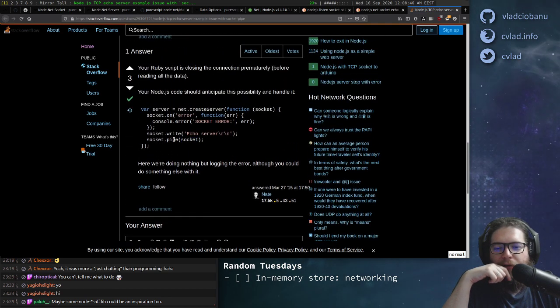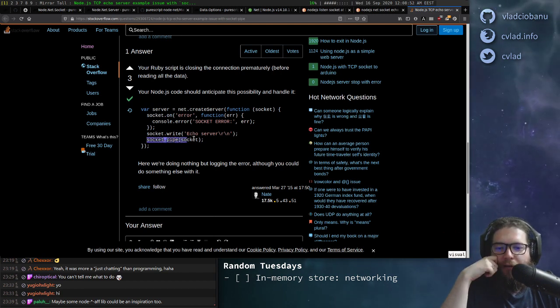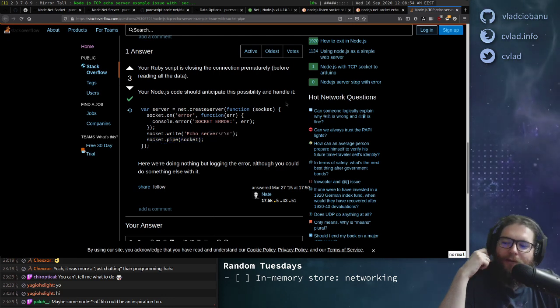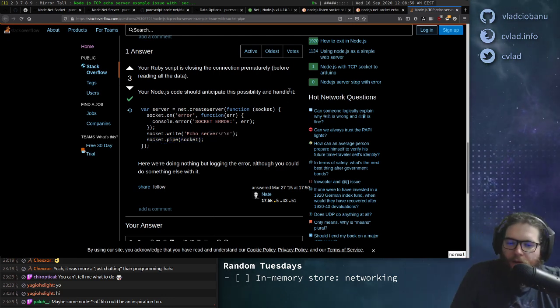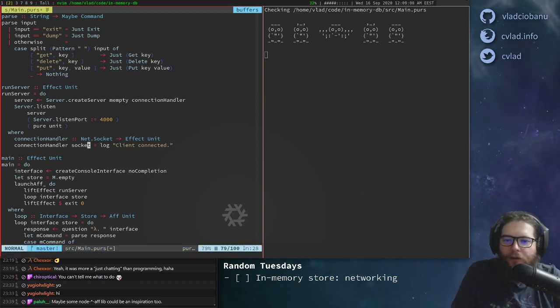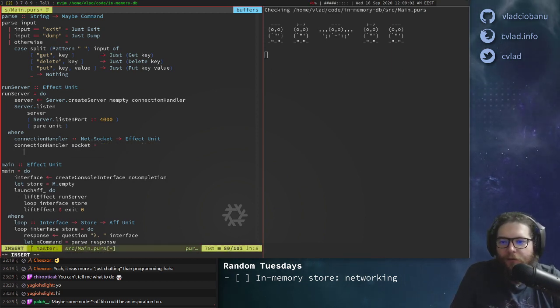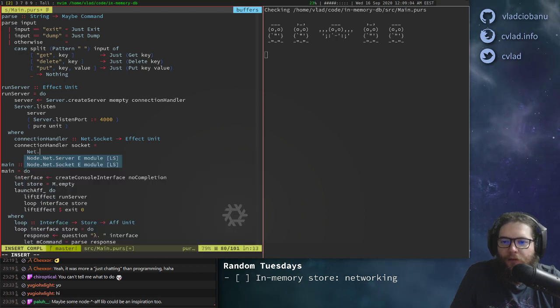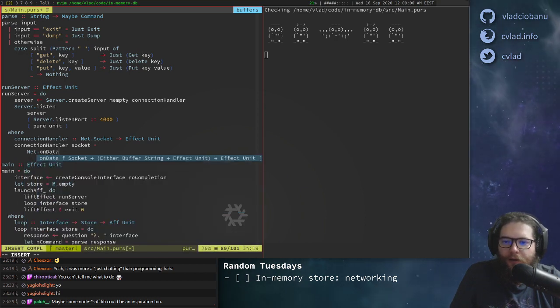But pipe is kind of cheating, so I guess we just add the event handler here for data and see what happens. Yeah, let's try that. Let's do socket and then on data, I guess,